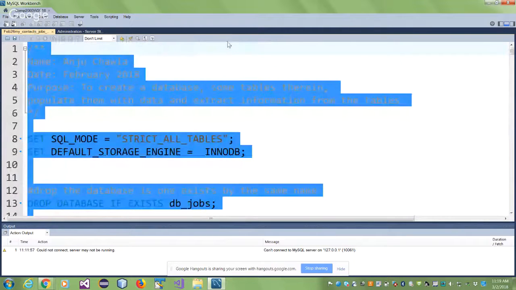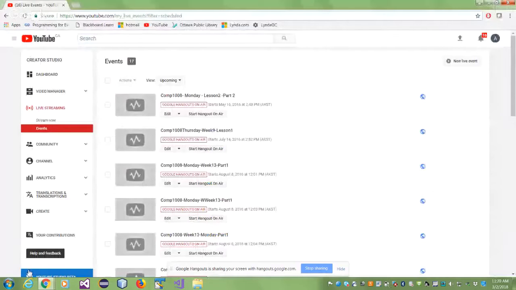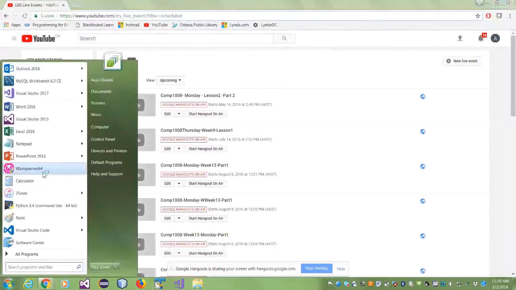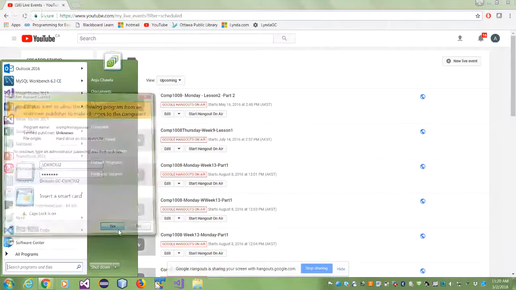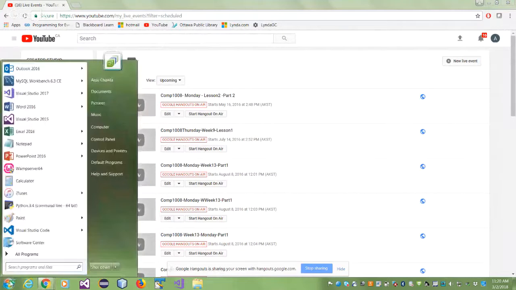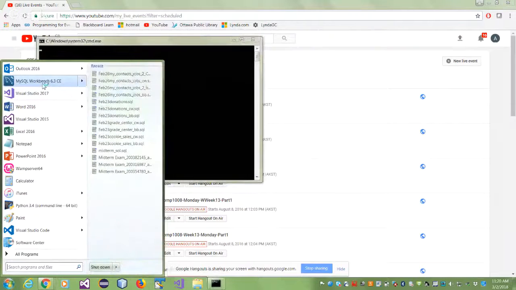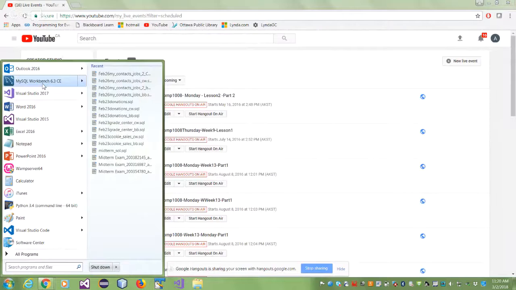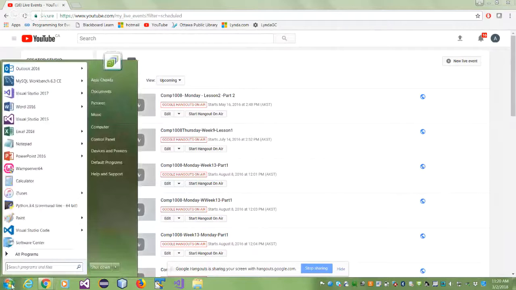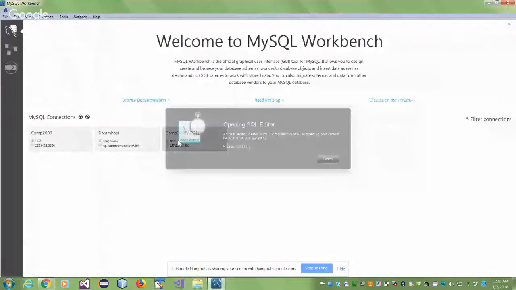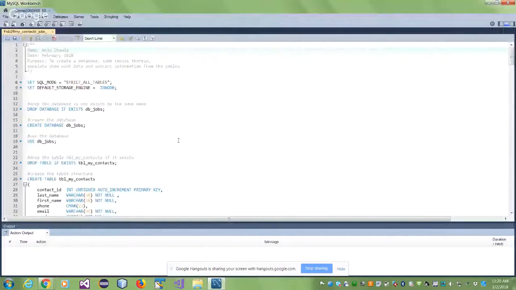Oh, now I'm not connected. Okay, of all the things to do here, I don't see a connection. Oh, I know why, because I shut it down. So there is no connection, so I can't run it. So let's try this very quickly and I should be okay to go. And then start with the workbench. Red, orange, green, come on. There. And there, okay. Let me open my workbench. Let me open this connection. And hopefully,